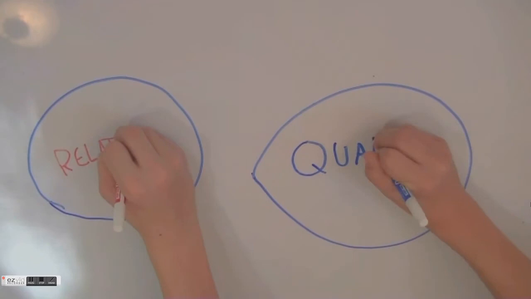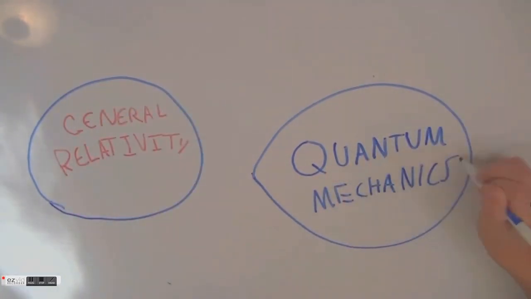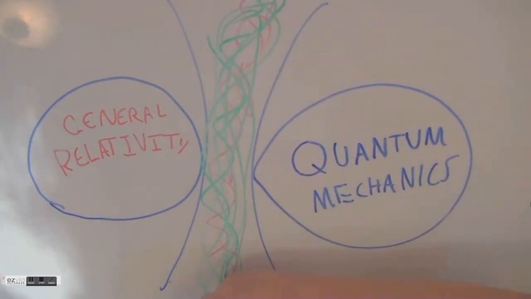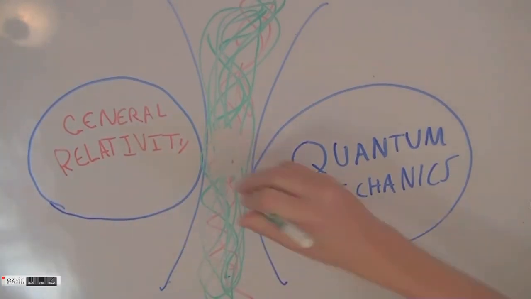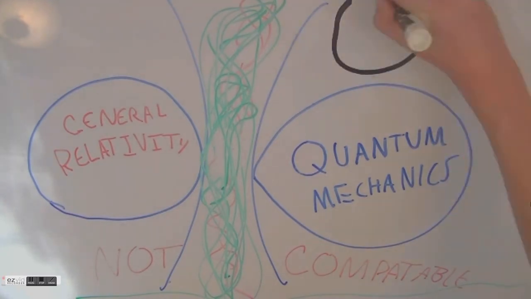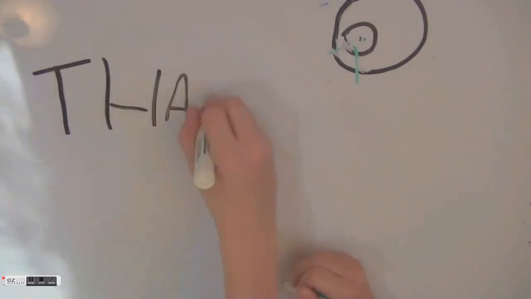So now there are two major pillars of physics. There's general relativity, or just relativity, and then there's also quantum mechanics, quantum theory. Now, the mathematics of these two theories differ greatly, and when you attempt to merge them together to form a grand unified theory, they are not compatible. They do not function. You get answers like 200% and infinity, which do not work in the normal universe. So much of science is dedicated to solving this problem. This science research is what's called quantum gravity, and there are many theories that try to solve this problem, including string theory and loop quantum gravity.